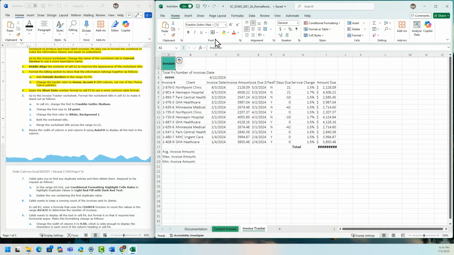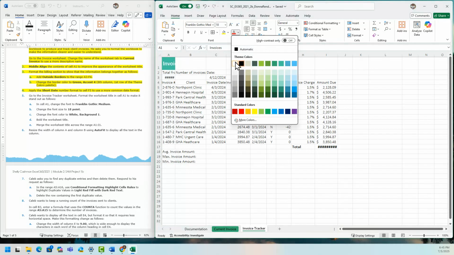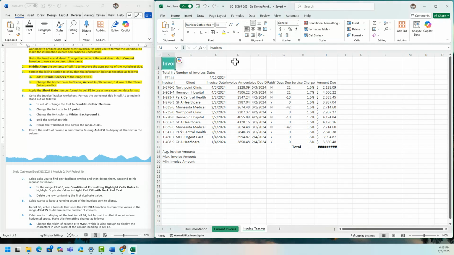Select it, and then I'm going to also change the font size to 18. It's still under the font group, and then I'm going to change the font color to white, background 1. So the font color would be this, and white, background 1 is the first column, first row.